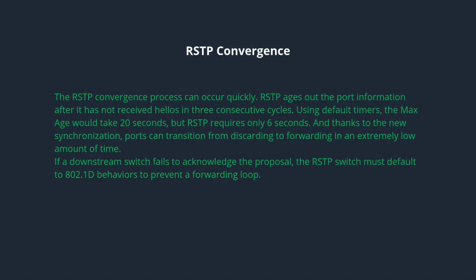But RSTP isn't naive. If a downstream switch fails to acknowledge the proposal, the RSTP switch must default to 802.1D behaviors to prevent a forwarding loop. Safety is still the top priority, but speed is a very close second. And there you have it, a complete breakdown of RSTP, the Rapid Spanning Tree Protocol. We covered the 3 port states, the 4 port roles, how topology is built, and why RSTP is so much faster than